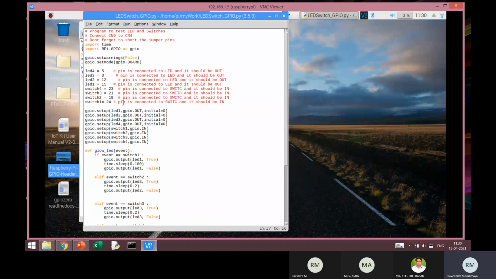When I'm doing the wiring of the switches and the LEDs myself, I have the option to choose any of these pins. But since we are using a pre-designed or prefabricated board, I'll have to work with these pins only, because switch 4 is permanently connected to pin number 23. Okay.